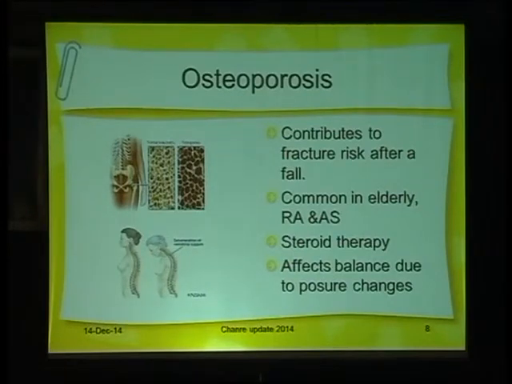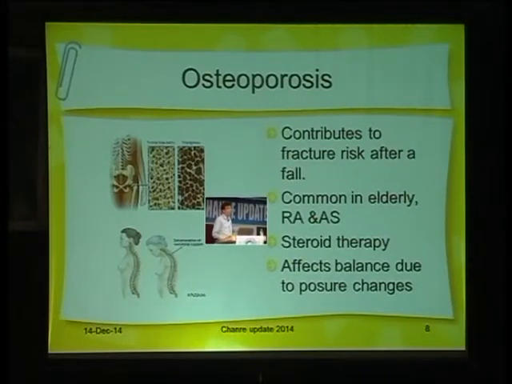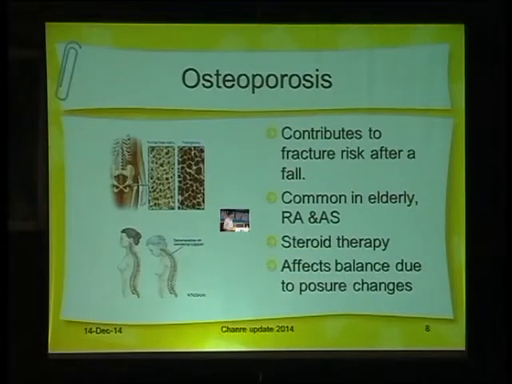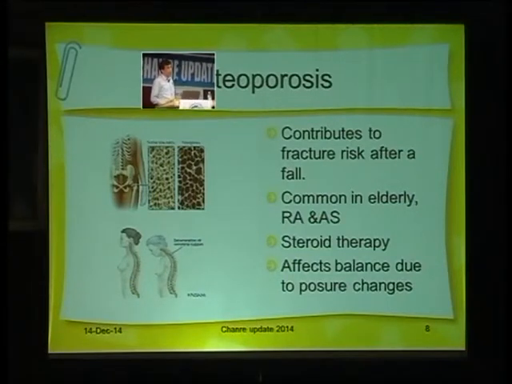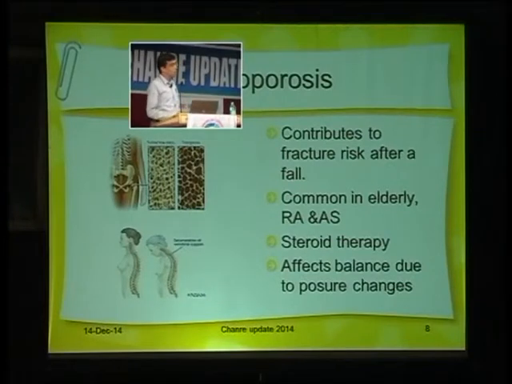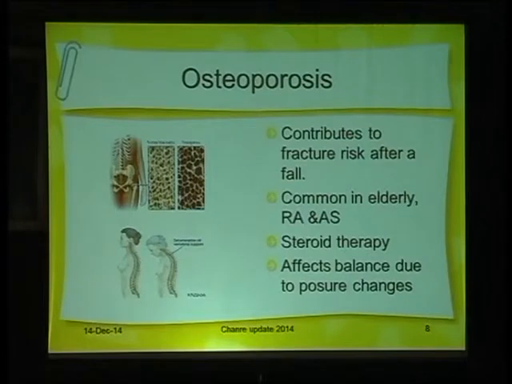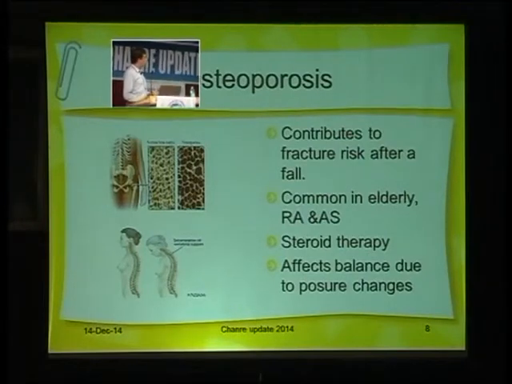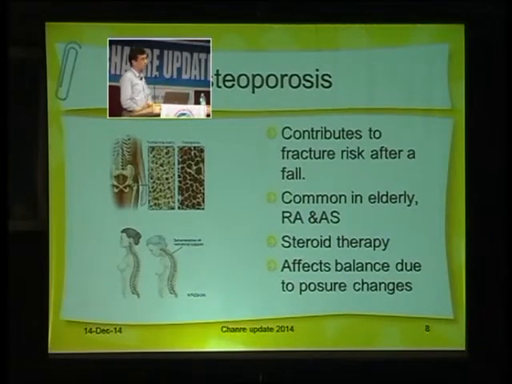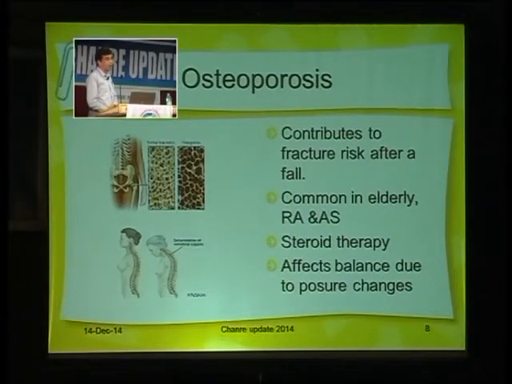And osteoporosis is a factor which is very common in the elderly, and age is the single most important factor for osteoporosis, apart from being a woman and postmenopausal status. So elderly patients, when they develop rheumatoid arthritis or ankylosing spondylitis or any autoimmune disease, they develop osteoporosis much more frequently. And also most of the autoimmune diseases, particularly the typical diseases of the elderly like polymyalgia rheumatica and giant cell arteritis, the mainstay of treatment is steroid. So you add steroid to this group of patients, their risk of osteoporosis increases, and if they fall down, they are more likely to crack a bone.